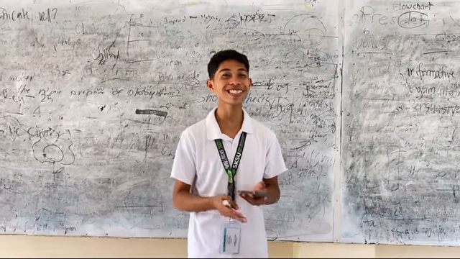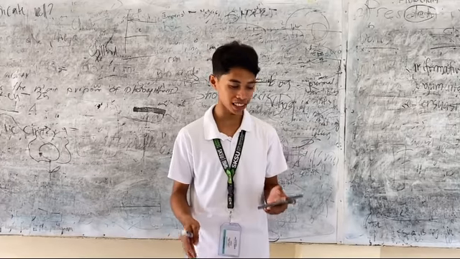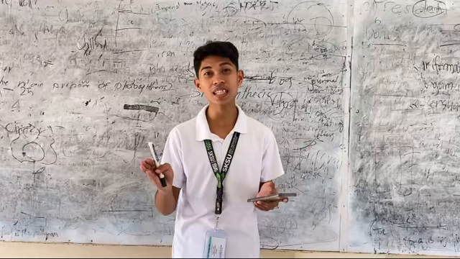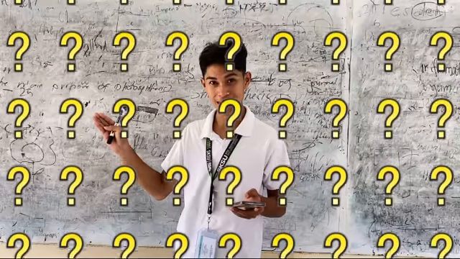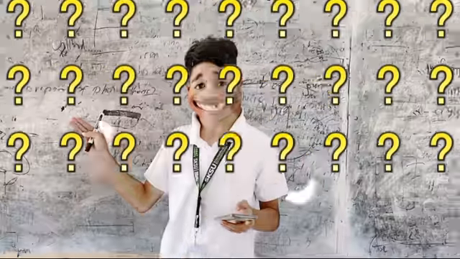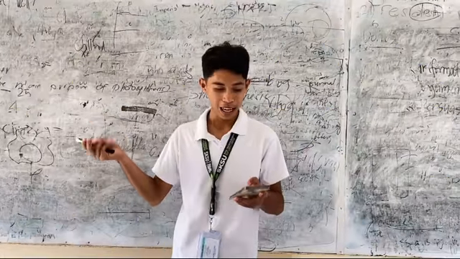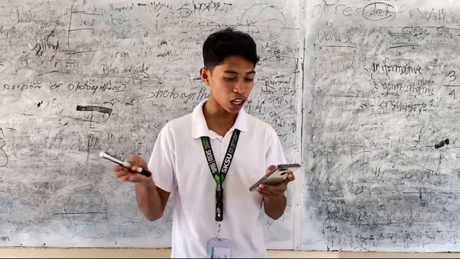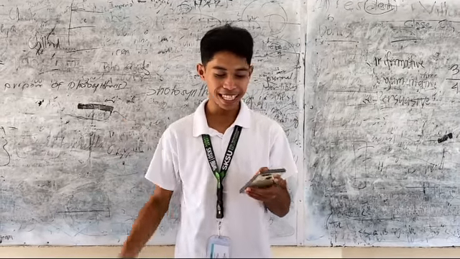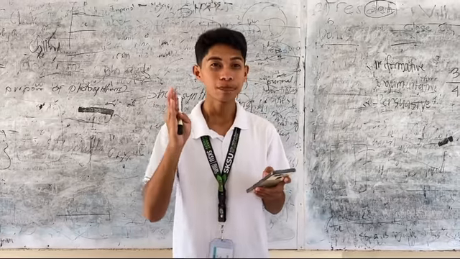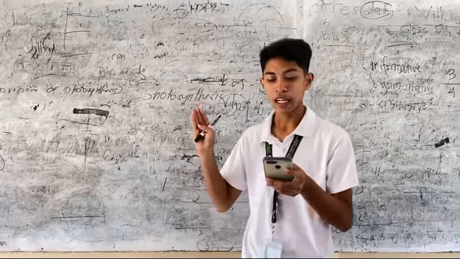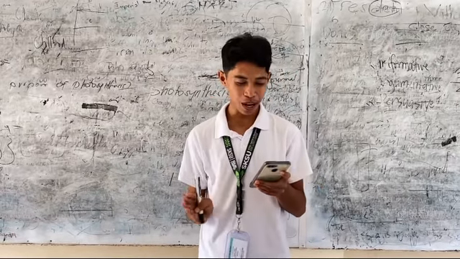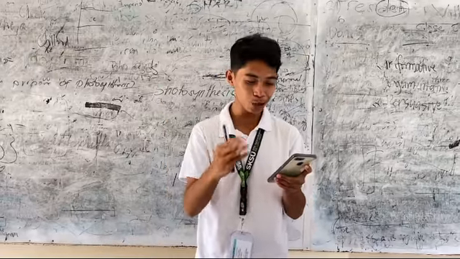So today, we are going to discuss the Fibonacci sequence. When we say Fibonacci sequence, what is it? The Fibonacci sequence is a series of numbers where each number is the sum of the two preceding ones. The simple rule of the Fibonacci sequence is to add the last two to get the next.